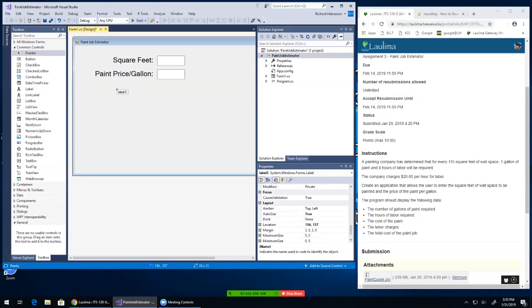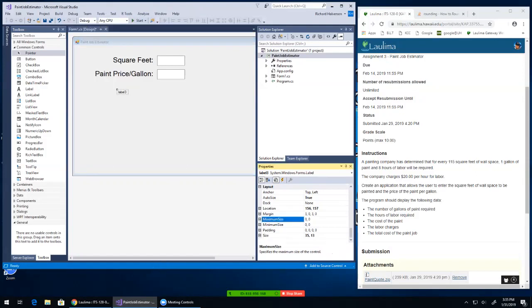Can I make it a particular size, I wonder? Okay, maximum size, padding, size. What happens if I mess with this? 135, what does that do? It doesn't do anything. Can I mess with this? 135, no, it doesn't do anything, does it? All right,